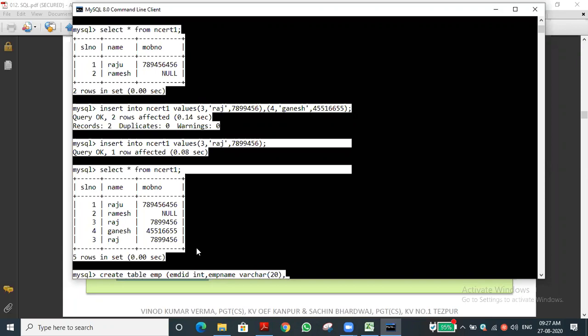But it occupies only 11. For varchar, what is the limit? 65,535, as we discussed yesterday. We should mention it; if we don't, it will show an error. Otherwise it will occupy that much memory, then varchar will release the rest of the memory, and the time taken is more. That's what we are avoiding, the time taken. Yes sir, that is a good one.